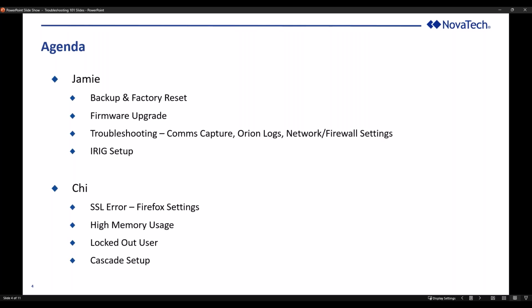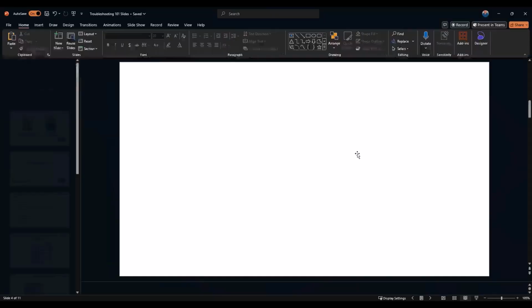And I'll hand it over to Chi, and she'll show Firefox settings, how to fix a common SSL error. She's got a demo with her LXM for high memory usage, as well as what to do when you've got a locked out user, and a review of setting up cascading. So again, these are all from you guys, from our customers, based on our tech support's input. That being said,